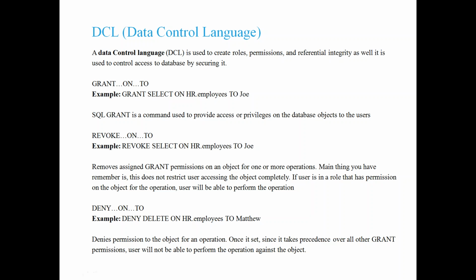Okay, let's assume I'm a user and I have access on a database, and I have requested you to provide a select permission on a table, so you granted me and I have done my work. Then you revoked the permission, so you used the revoke statement, and that has removed my read permissions. But surprisingly, when I execute this select query again, I'm still able to read the data. Even though you ran the revoke command, as a user, I'm still able to read the data from that table.